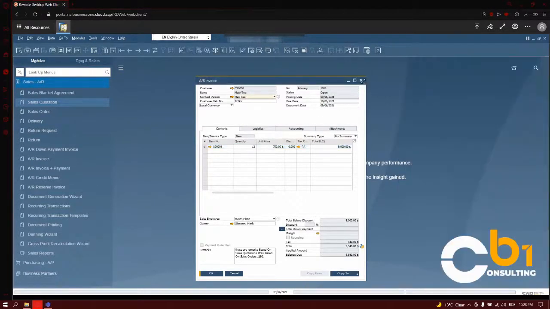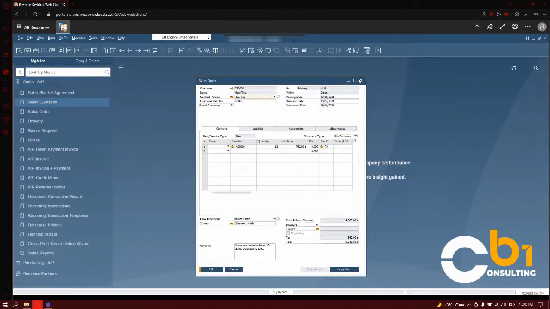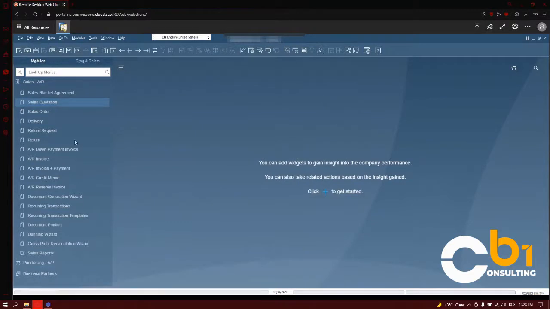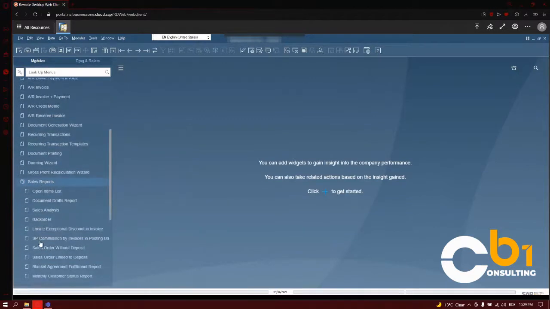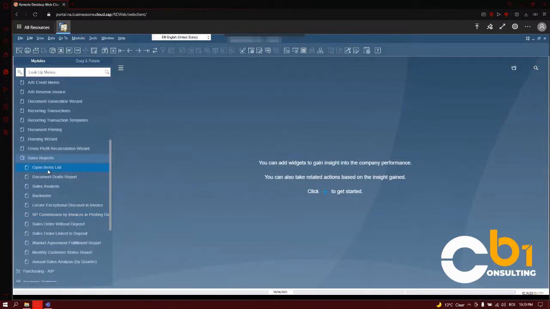Now let's go back to the original menu and let's look at our module once again. We've demonstrated the ability to do a quotation, an order, and an AR invoice. Of course, as an in-between step, I could have also put through a delivery with the required delivery documentation as well. So let's have a brief look now at sales reports, a nice feature in SAP Business One which goes through every module. So every module has its own reports,